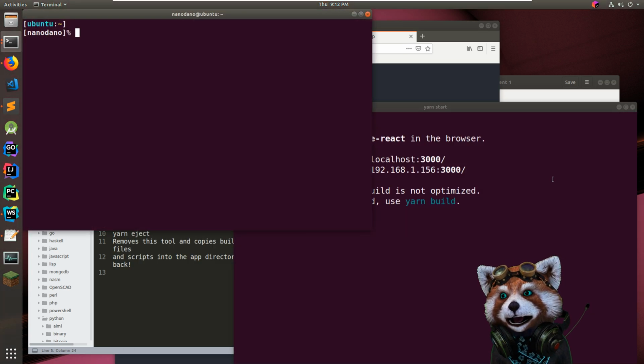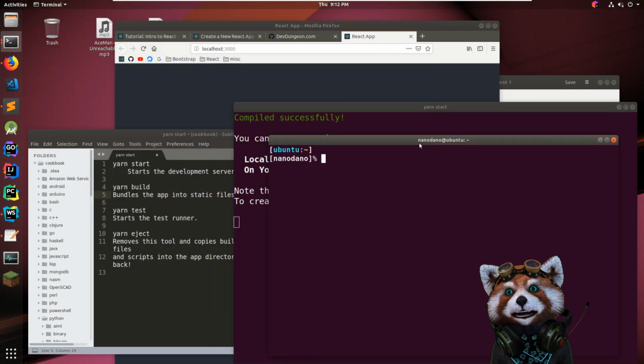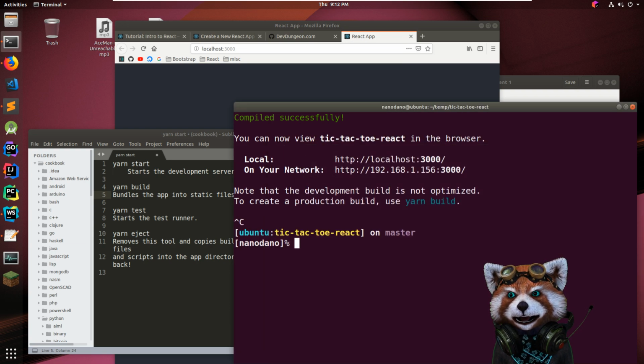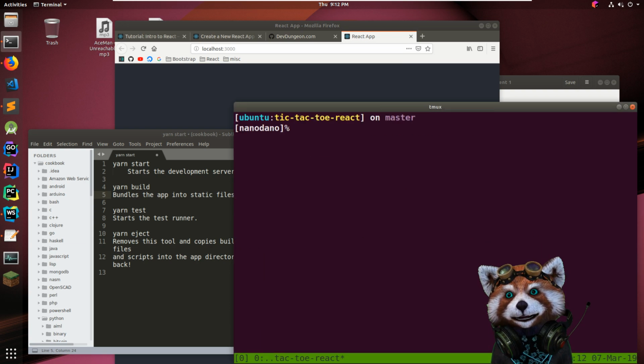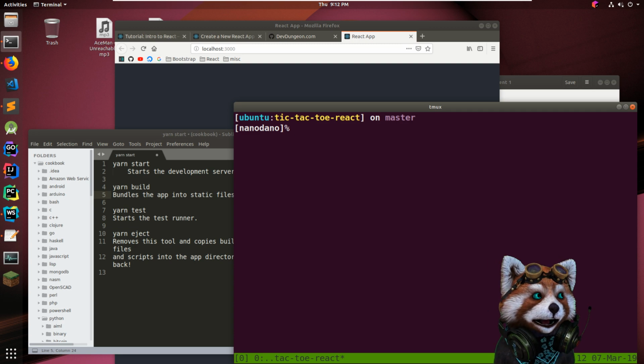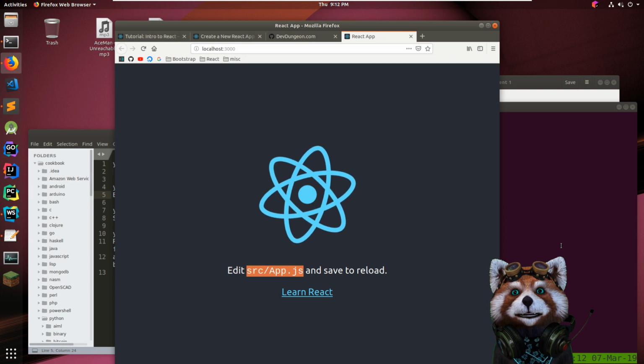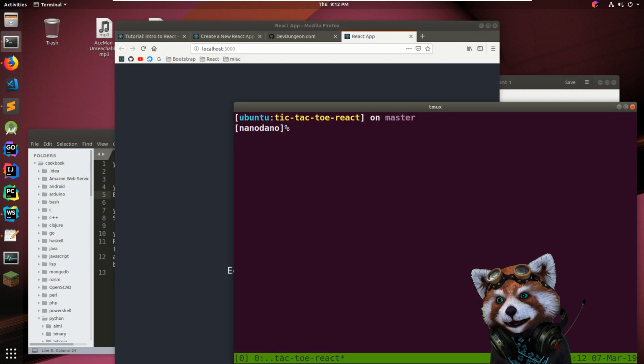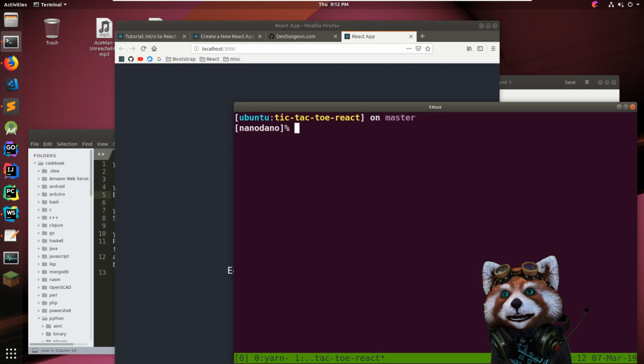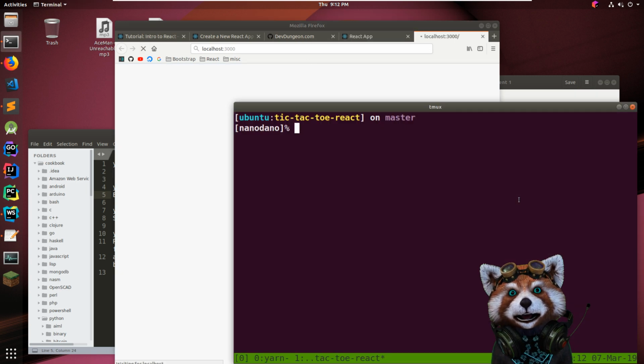What if we open a new one? Actually, let's try this. I'd rather tmux it. Okay, so what I want to do here is run it first, so yarn start, and then create a new one, and I want to